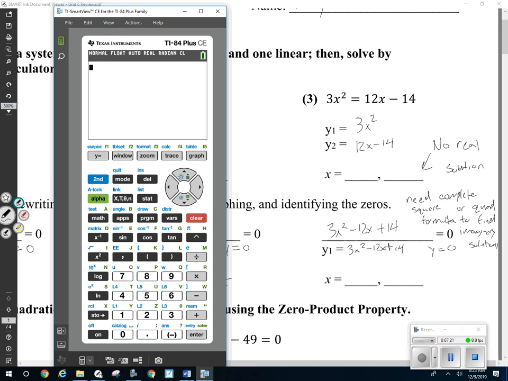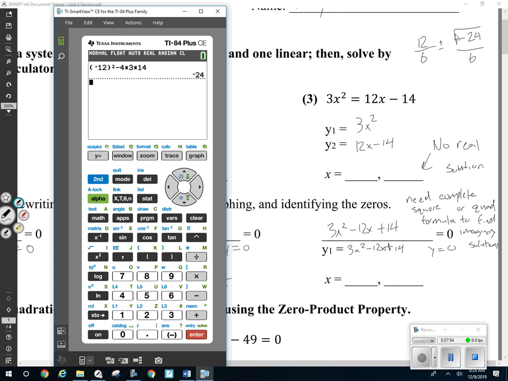I can do that really quick. ABC, x equals the opposite of b, all over 2 times a, plus or minus the square root of b squared. So that'll be negative 12 squared. We know that is going to be a positive number. Minus 4 times a times c. And I get root negative 24